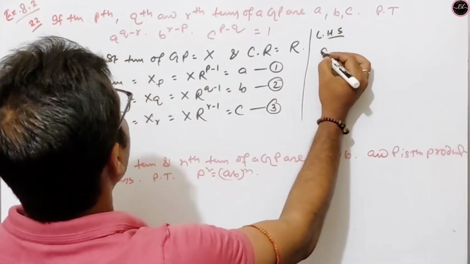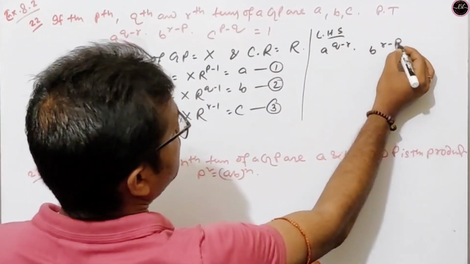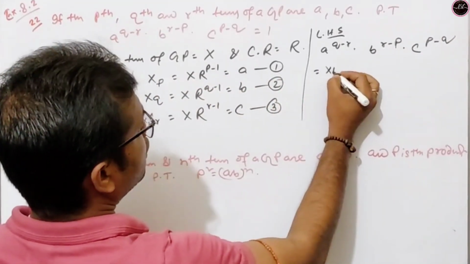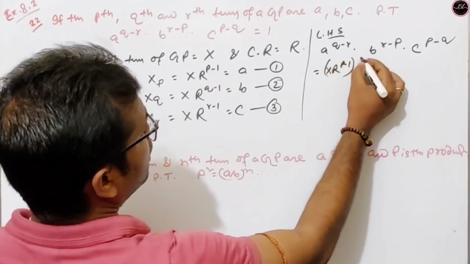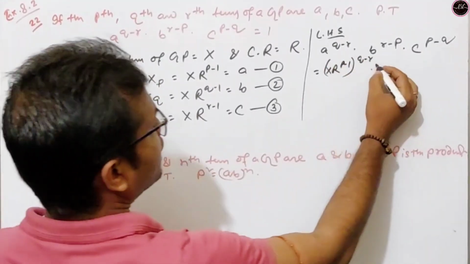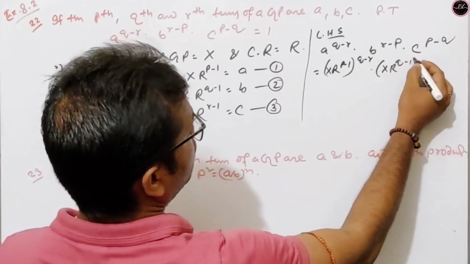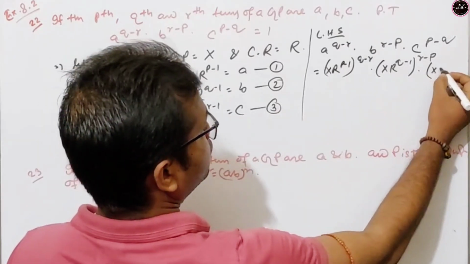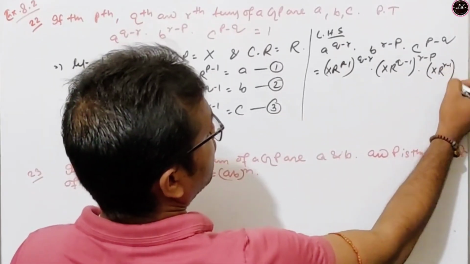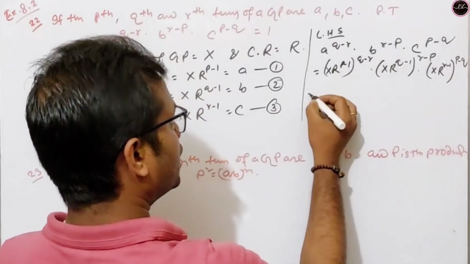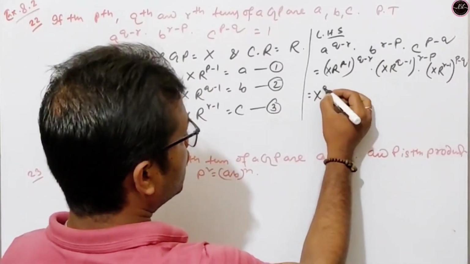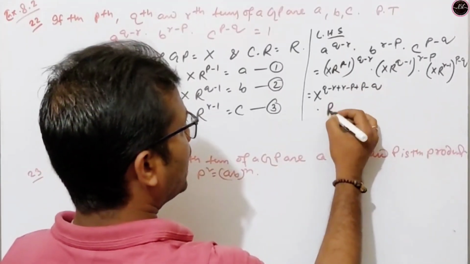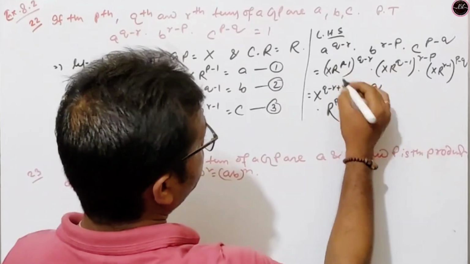Now LHS equals a to the power q minus r into b to the power r minus p into c to the power p minus q. Just put the values here: a equals A R to the power p minus 1, to the power q minus r; b equals A R to the power q minus 1, to the power r minus p; and c equals A R to the power r minus 1, to the power p minus q. Write here A to the power q minus r plus r minus p plus p minus q, into R to the power pq minus q,